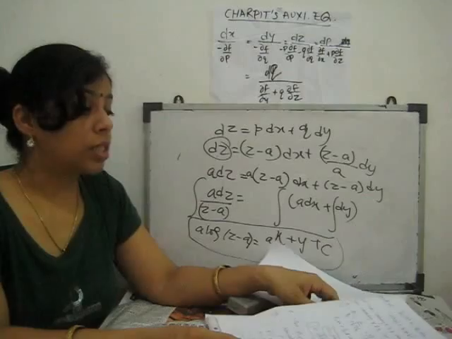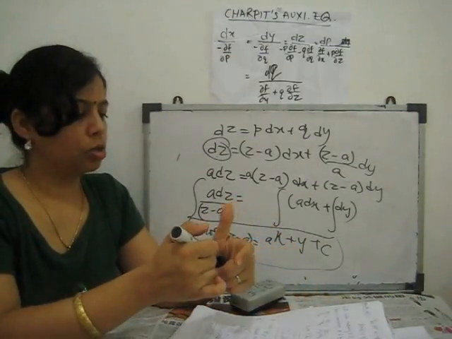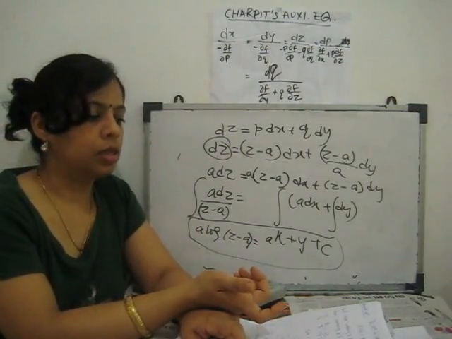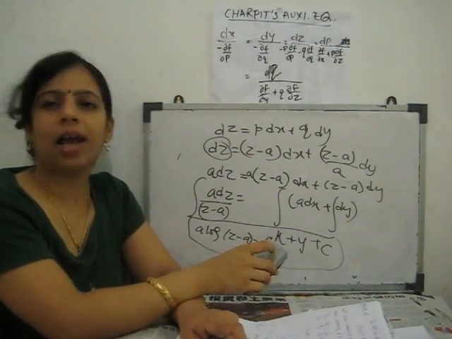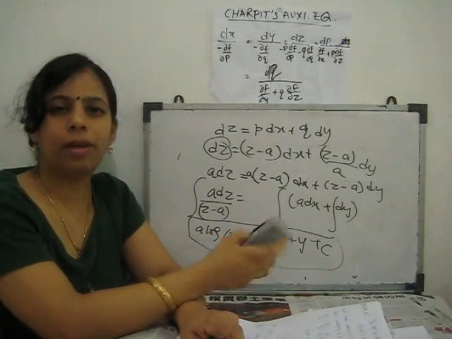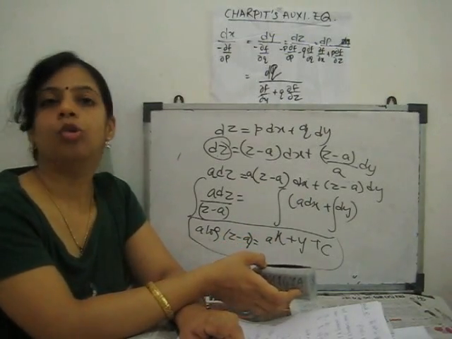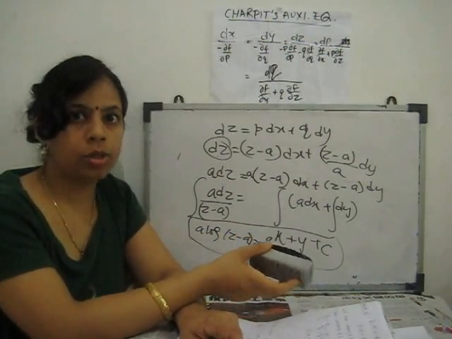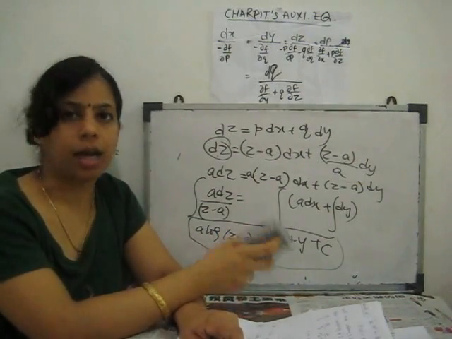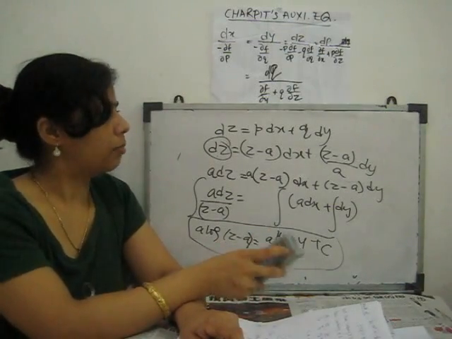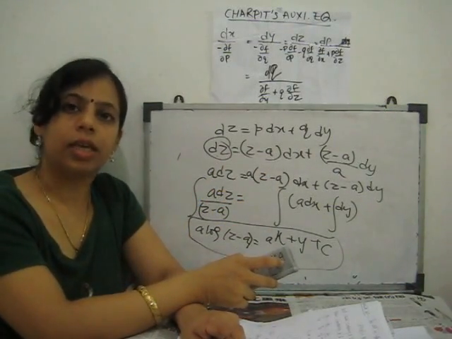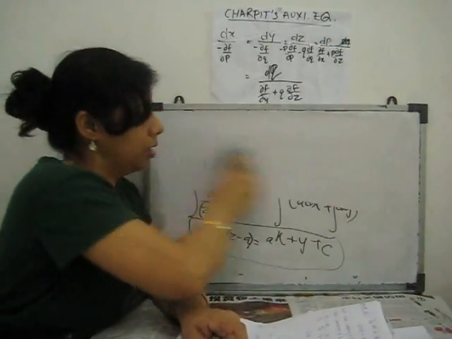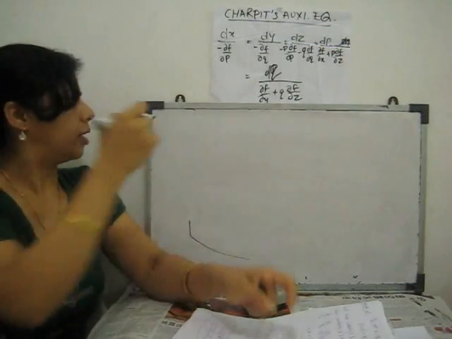The next form is the separable form. Clear? So the third form. First is the PQ form. Second is the ZPQ form. There are also some questions we can reduce to this form and then solve, but it's very difficult to recognize with what substitution the form is reduced. So it's better you go with Charpit's. Charpit's can solve every question, but sometimes if the question is directly given in a form, either PQ or ZPQ, you will apply it. Next is the separable form, the third.